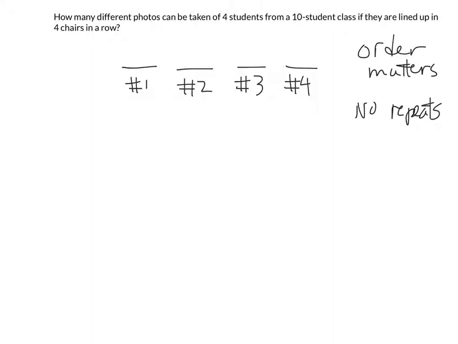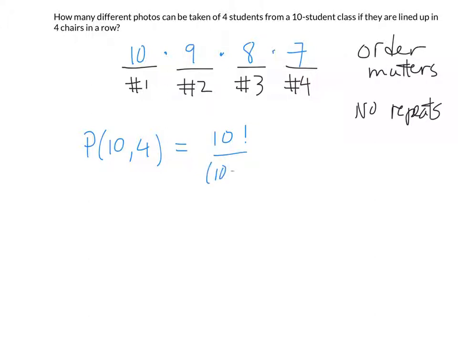And what that means then is we have our classic 10 choices for the first chair, 9 choices for the second, 8 choices for the third, and 7 choices for the 4th chair. And of course then this is the permutation of 10 students chosen to be in a photo 4 at a time. So it's 10 permutation 4, which is going to be 10 factorial over 10 minus 4 factorial, so of course it's 10 factorial over 6 factorial,